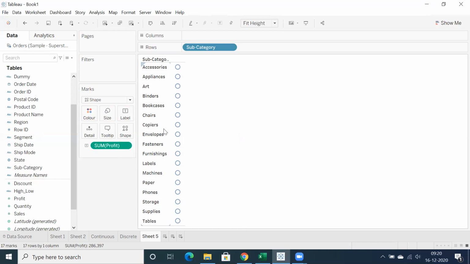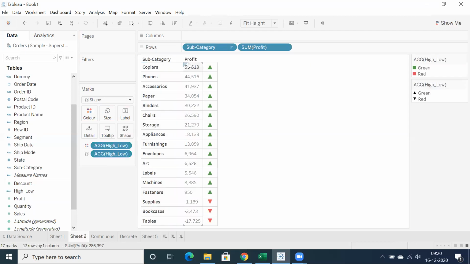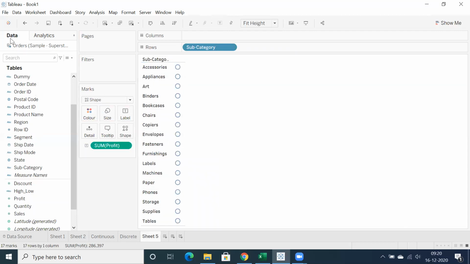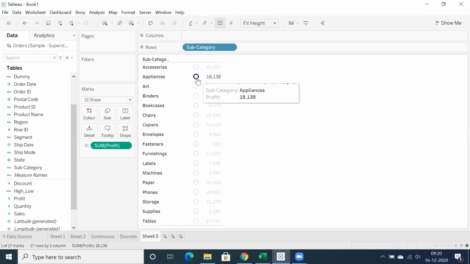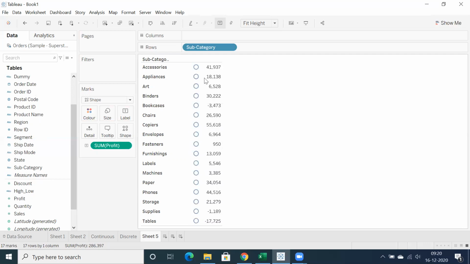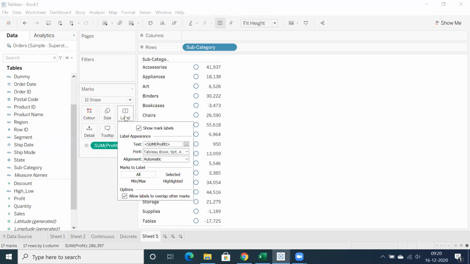But I want both text, I want both value and the indicator, right? If you want to do that, what we can do is resize this and increase the width. If you increase the width, in the middle you can see the shape, but this is a complete space, and you can see I'm going to showcase an alignment.